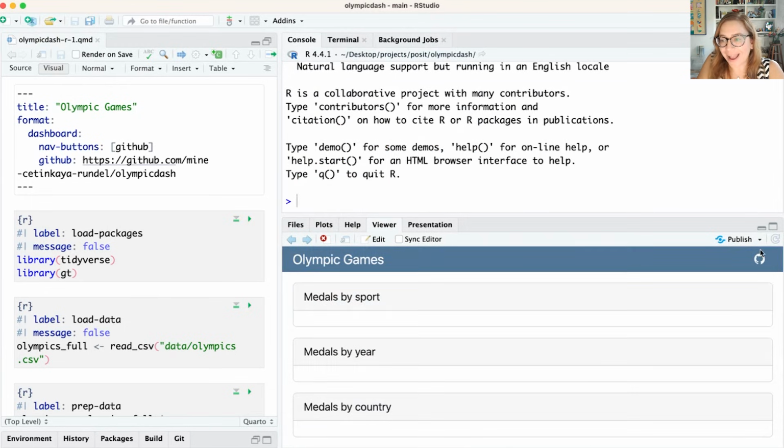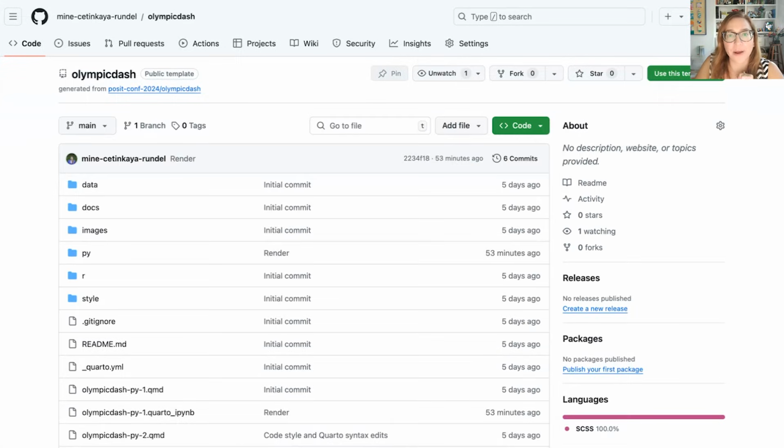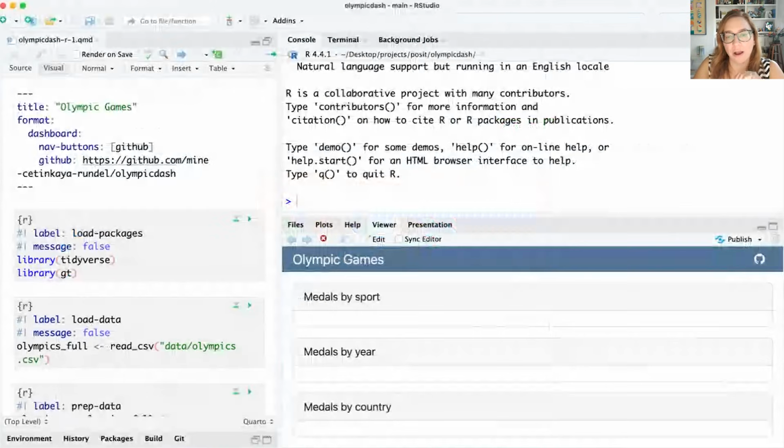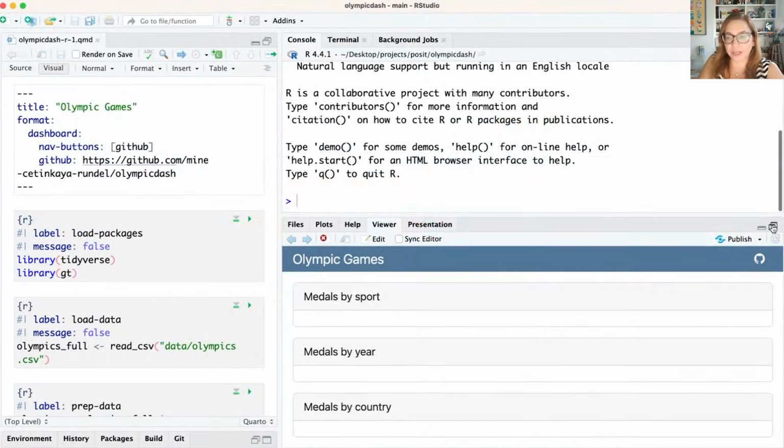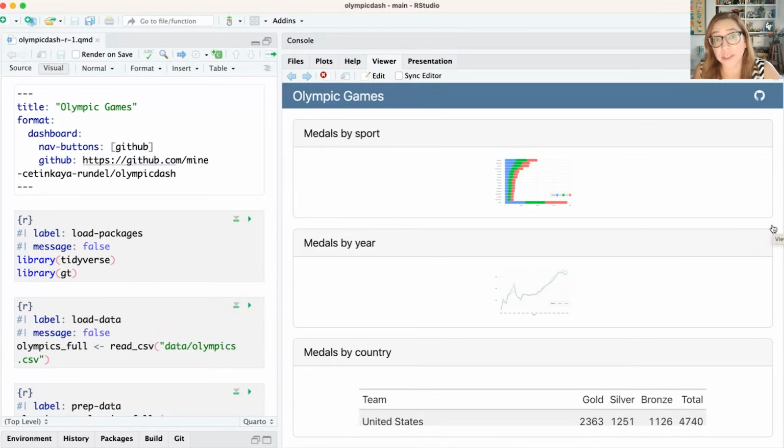You can see that I have gained a GitHub icon here, and if I click on that, it's going to take me to my repository. So that's a neat way of sending the audience for your dashboard to your source code, or really to anything else. So you can add other social buttons if you want to brand it with something personal to you, as opposed to getting folks to your source code.